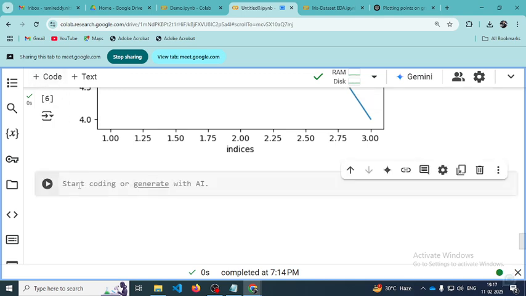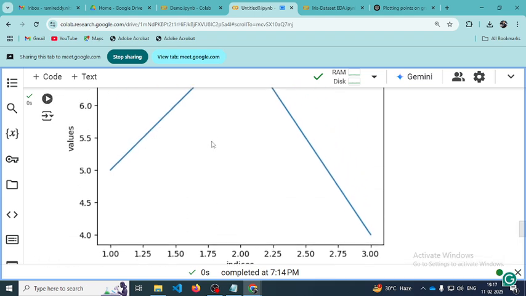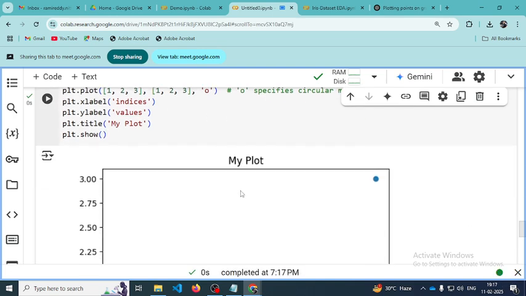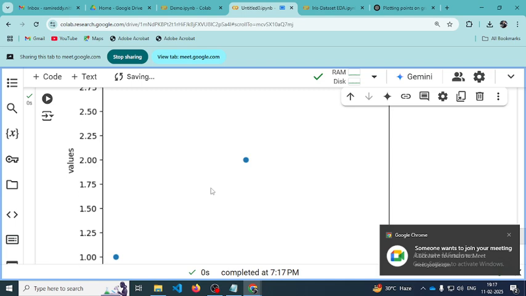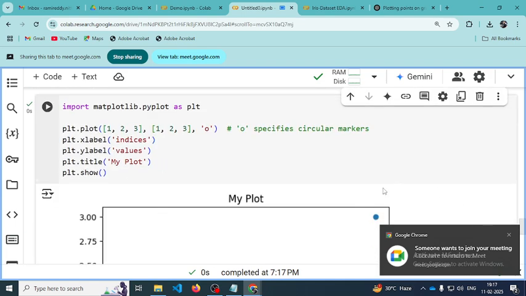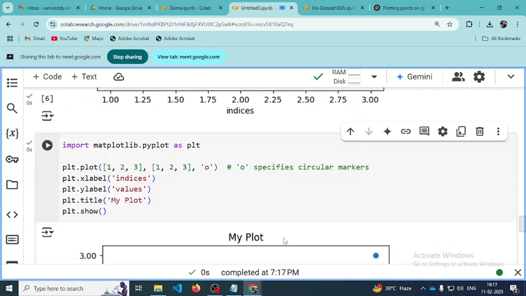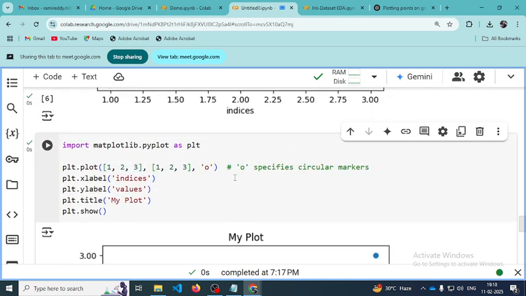I'm just taking the same code. See, here I'm using the same thing only. Instead of plotting a single line, I'm trying to mark it as some circles with these points. You just see this graph also. So these are my points. This is some other graph. Instead of plotting the line, you want to plot some circle, so you need to pass a parameter like this. Similarly, if you want to see here x labels the values, you just try to